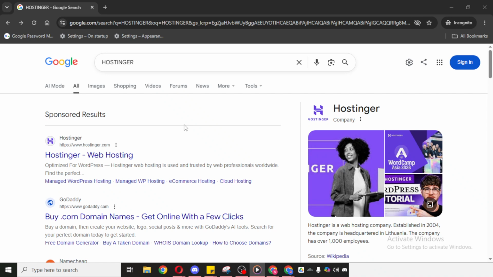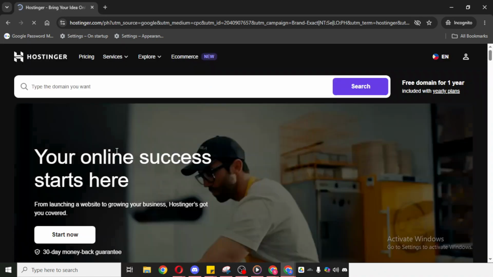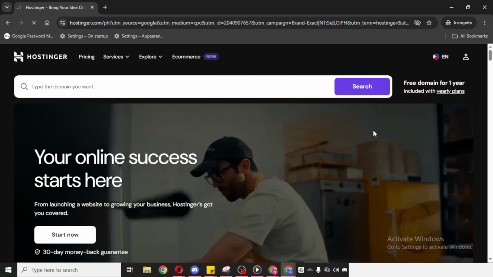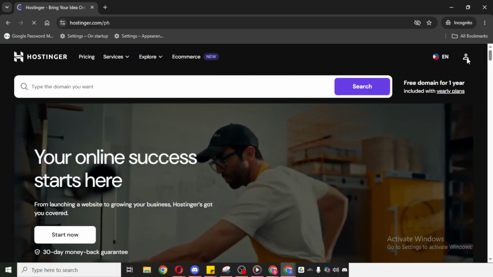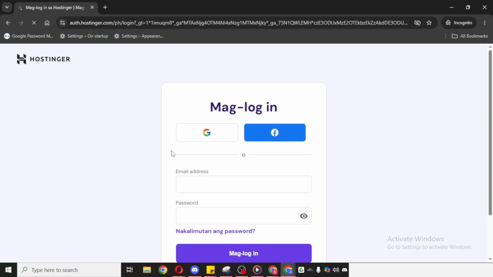On the login page, you'll see the option to enter your email address and password. If you created your account using an email and password, simply type those details into the appropriate fields and then continue with the login process. As always, make sure you enter your information carefully, especially your email address and password, to avoid any login errors.